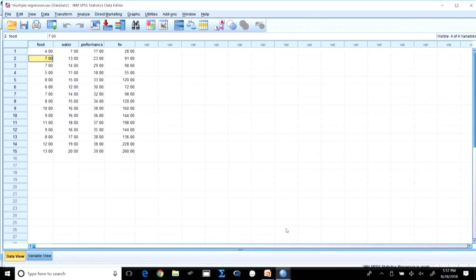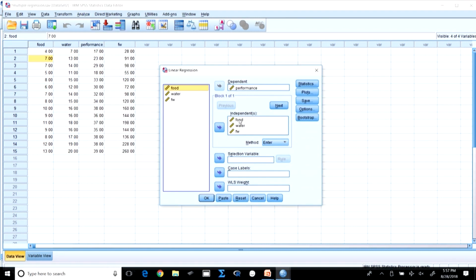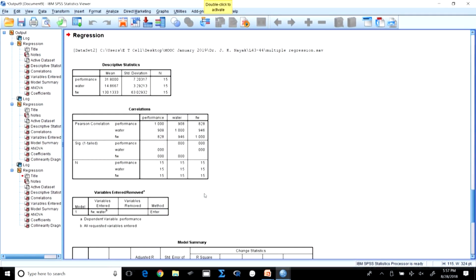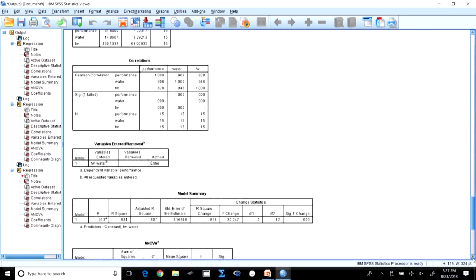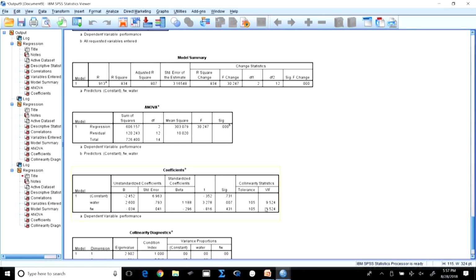But if I take this and run it again for you, linear, and I take this food out and run it, I do not know whether any change will come, but I hope there should be some change. Now you see the variance inflation factor has improved; earlier it was 85 something. But the significance has not changed much, so that does not add anything new to us.